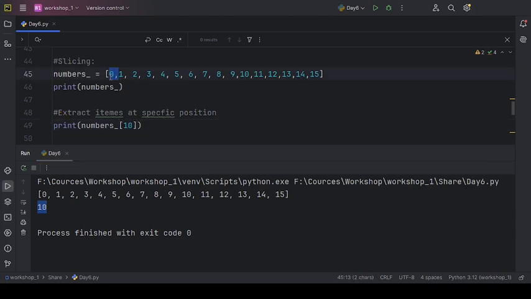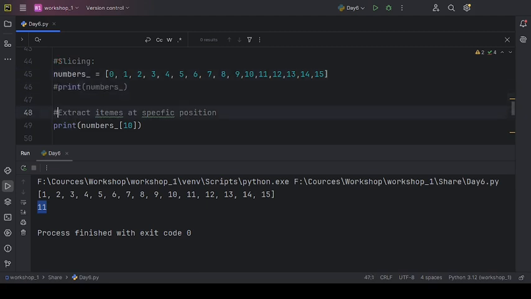But now if I remove this 0 and re-execute this file, this time in output it will throw me 11. Why? Because at the 0th position or index, 1 is present, at the first position or index, 2 is present, and so on. So in the 10th position 11 is present. So this was slicing and extracting specific